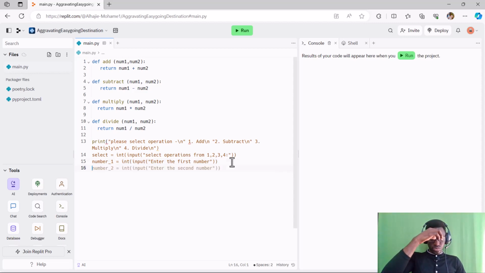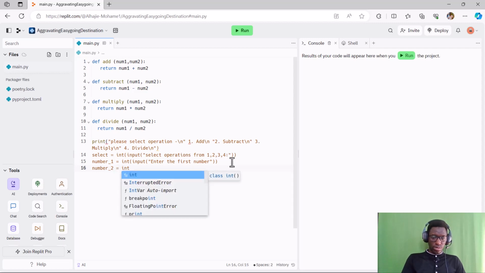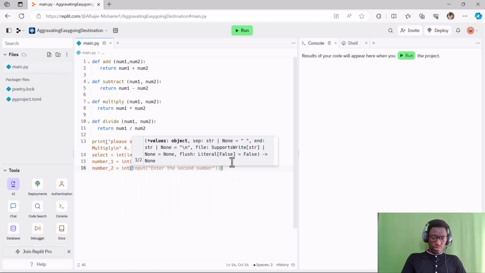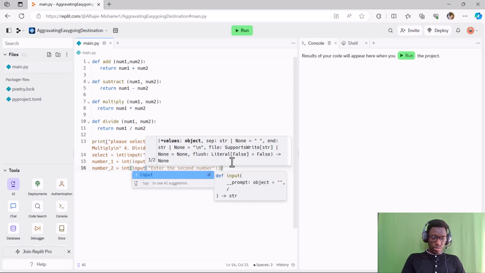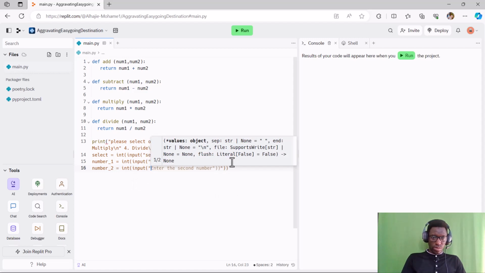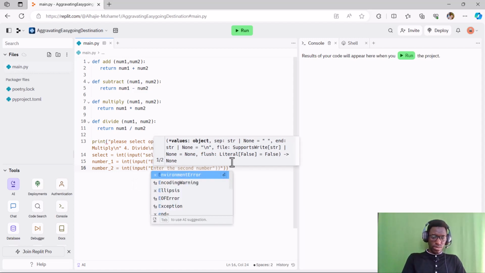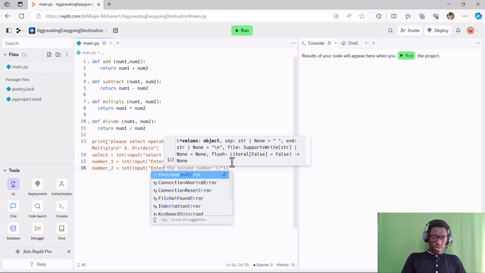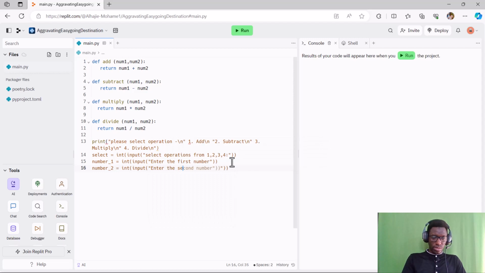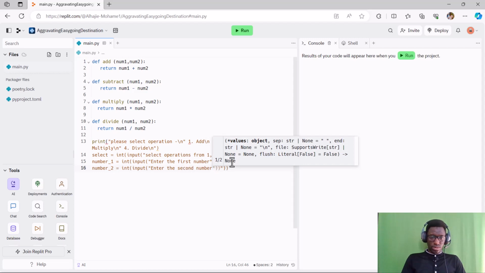Then we say number 2 inputs, number 2, say ints, inputs, enter the second number. So now,